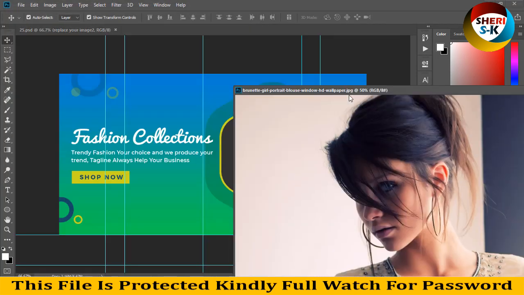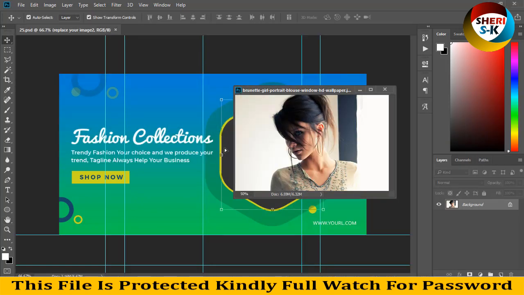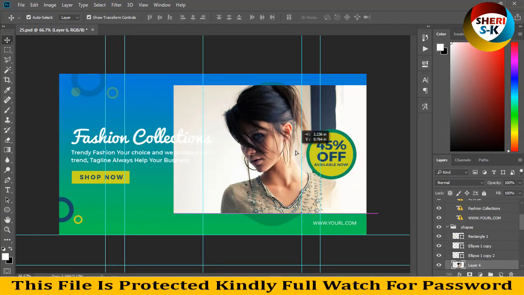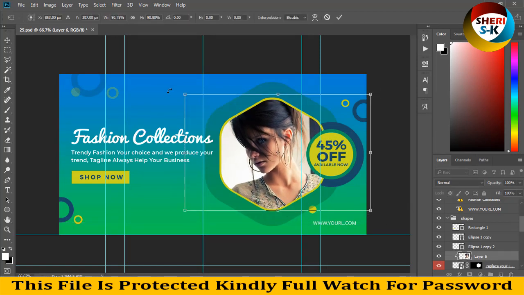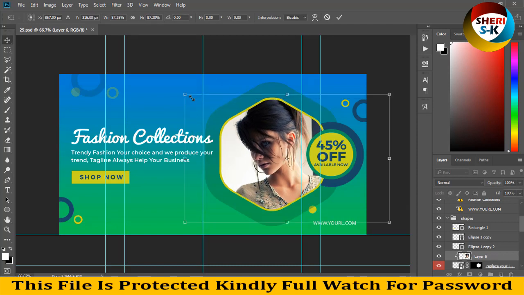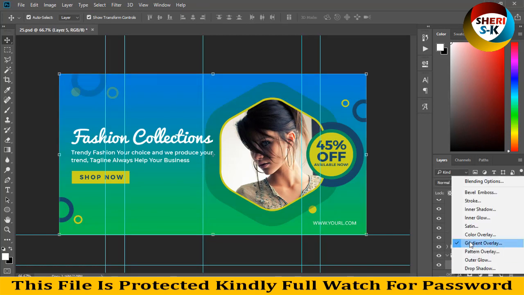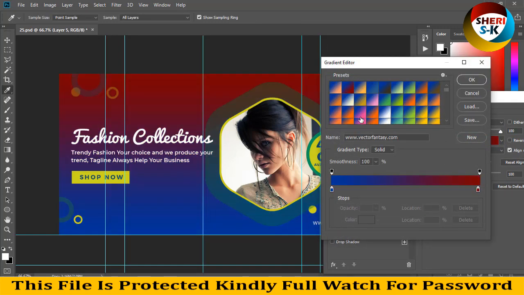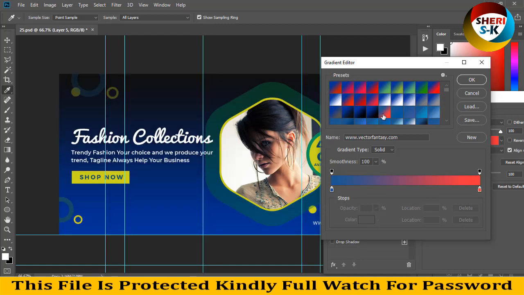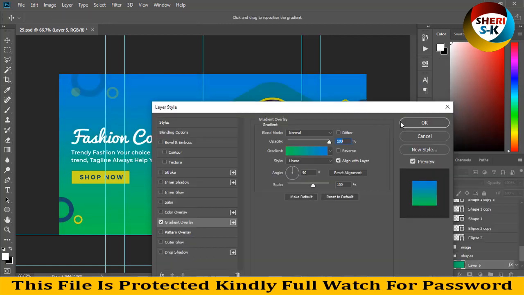Right now, fashion designer, resolution going to 8. Gradient overlay, and your choice depends on your idea. Okay, cancel, and